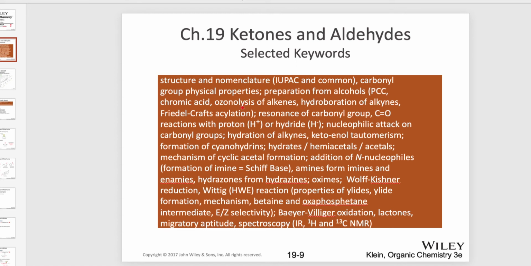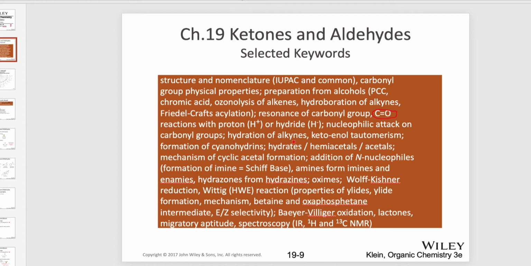So a significant portion here is actually review of material you already encountered in Orgo 1. So now we're seeing the opposite or the other end of this aspect. The resonance form of carbonyl groups, understanding where the electrons are and how this carbonyl group will interact with protons and with nucleophiles is going to play an important role. We'll have to see the patterns that happen in the many transformations in this chapter, such as the nucleophilic attack